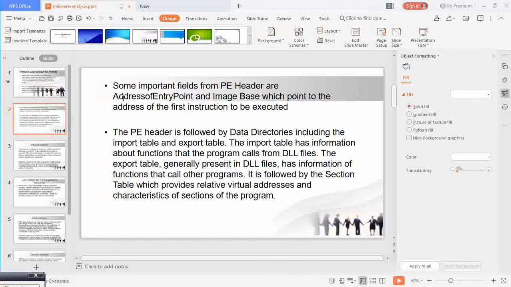The import table has information about functions that the program calls from DLL files. The export table, generally present in DLL files, has information of functions that other programs can call. It is followed by the section table, which provides relative virtual addresses and characteristics of sections of the program.